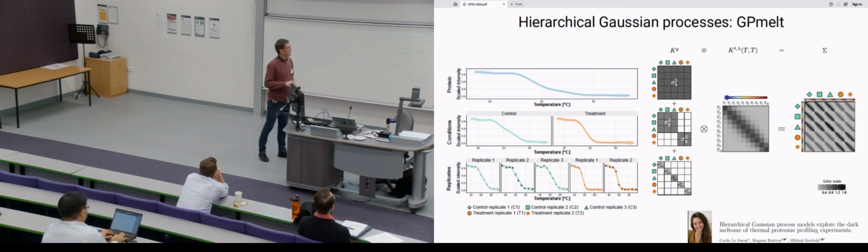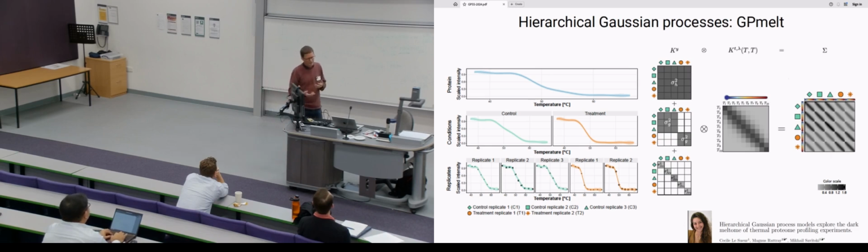We decided to really reduce our assumptions about the shape of the curve. The state-of-the-art method, or the best package for analyzing this kind of data, is called MPark, and it fits a sigmoidal parametric function to the data and uses that to do the statistics. We decided just to use a Gaussian process, but we actually have lots of